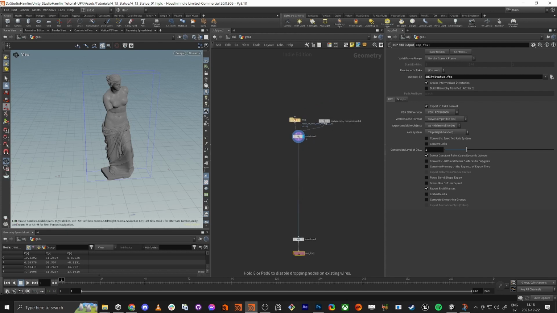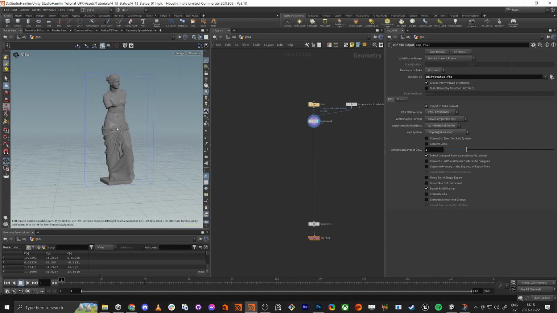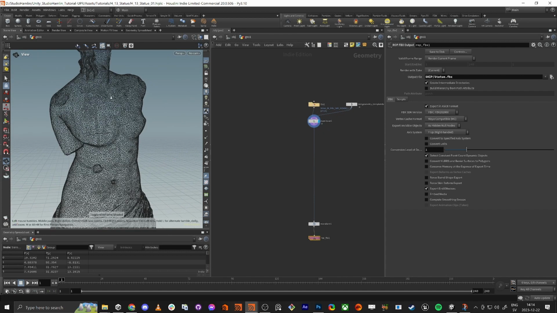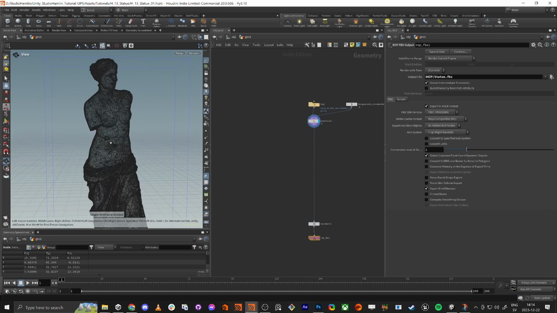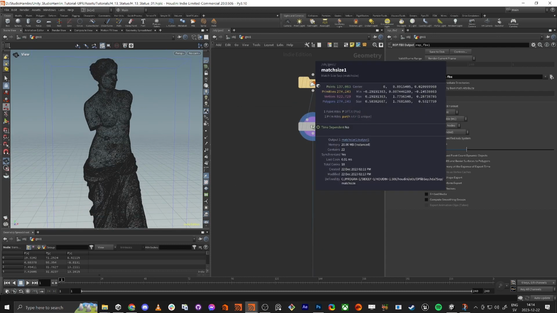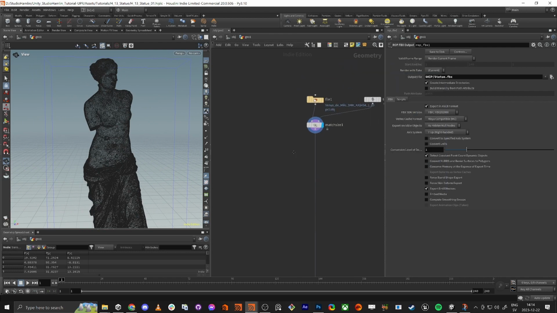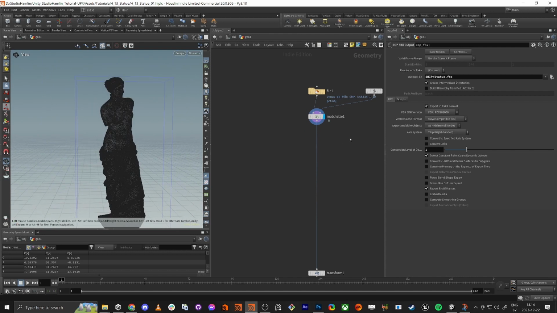The first thing I want to work on is the resolution, right? So if we look at this one, it's huge. Well, huge, but it's a lot of mesh. And you can see here, it's polygons 250 to 274. And in a game engine, we don't want that. So we're going to